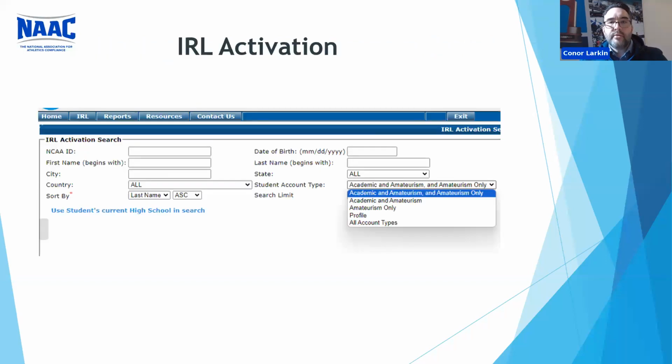To activate an account, simply navigate to the IRL tab and select the IRL activation option from the drop-down menu. Selecting the IRL activation tab pulls up the IRL activation search page. On this page, you can enter student information to hopefully locate the student's account that you want to activate